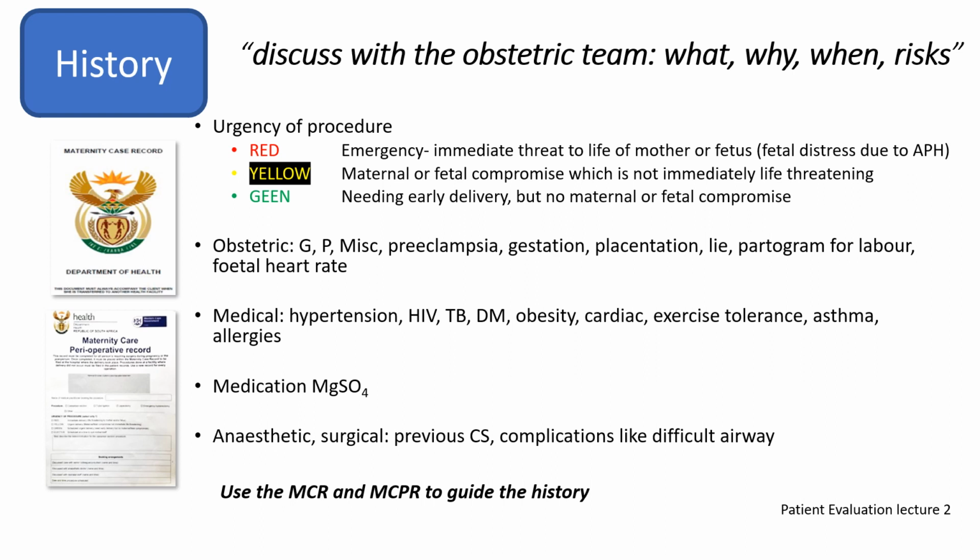Yellow cesarean sections have maternal or fetal compromise which is not immediately life-threatening, and then the green Caesars need early delivery but no maternal or fetal compromise. And here you may have a bit more time even to refer the patient,